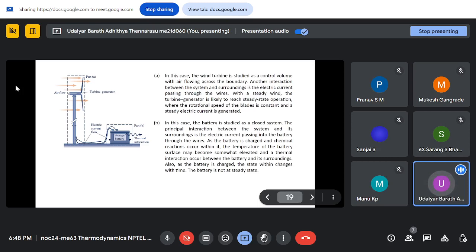So there will be air flow. Because of this air flow, this thing will rotate. So this will be an open system. And another interaction which is happening is that because of the air flow, the blades will rotate, and the generator will